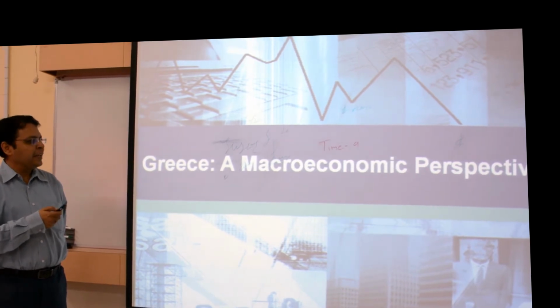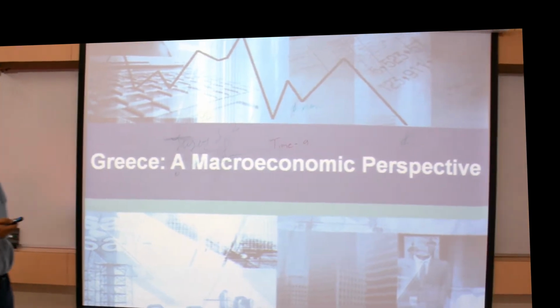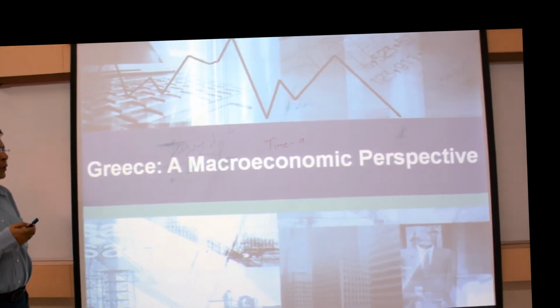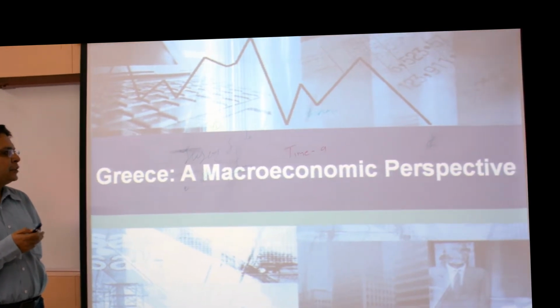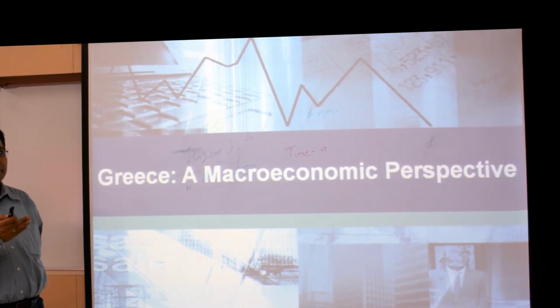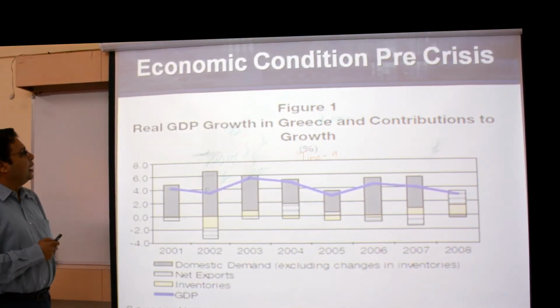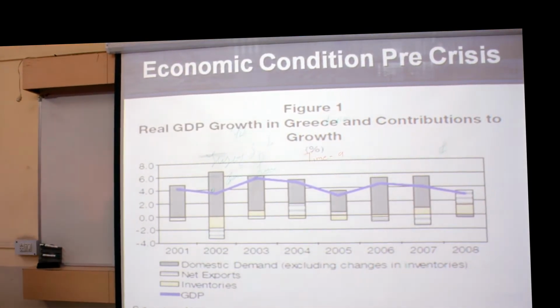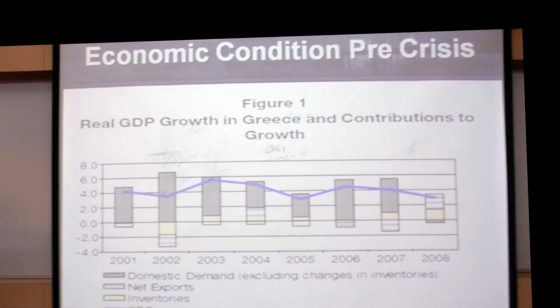We are looking at the period before 2009. This was the first time that the crisis happened in Greece. And in order to come to the Keynesian tools, let us first look at some of the parameters pre-2009 in the erstwhile Greece. As you can see, if we look at the economic condition pre-crisis, that is the first crisis of 2009,